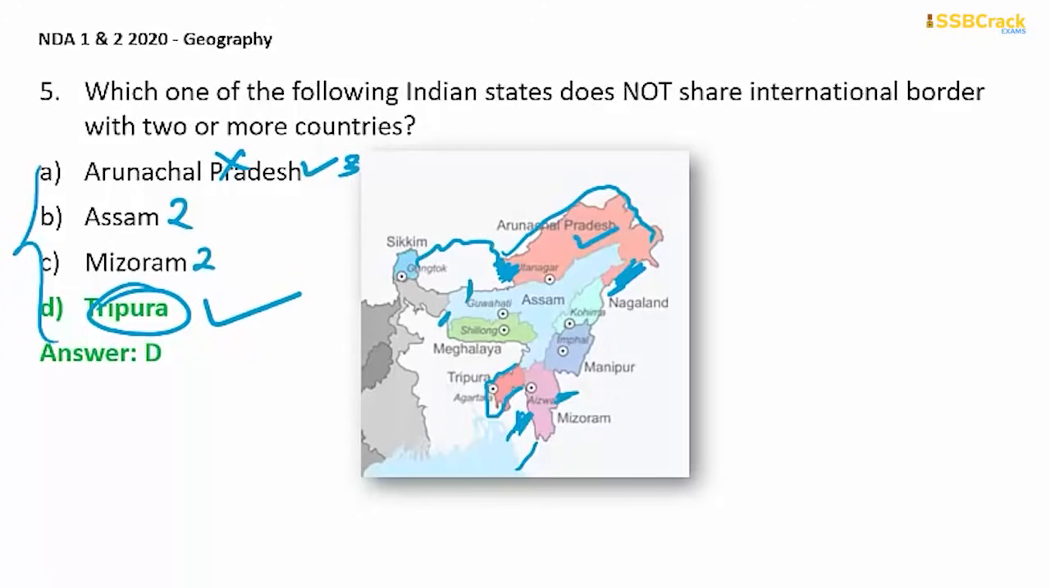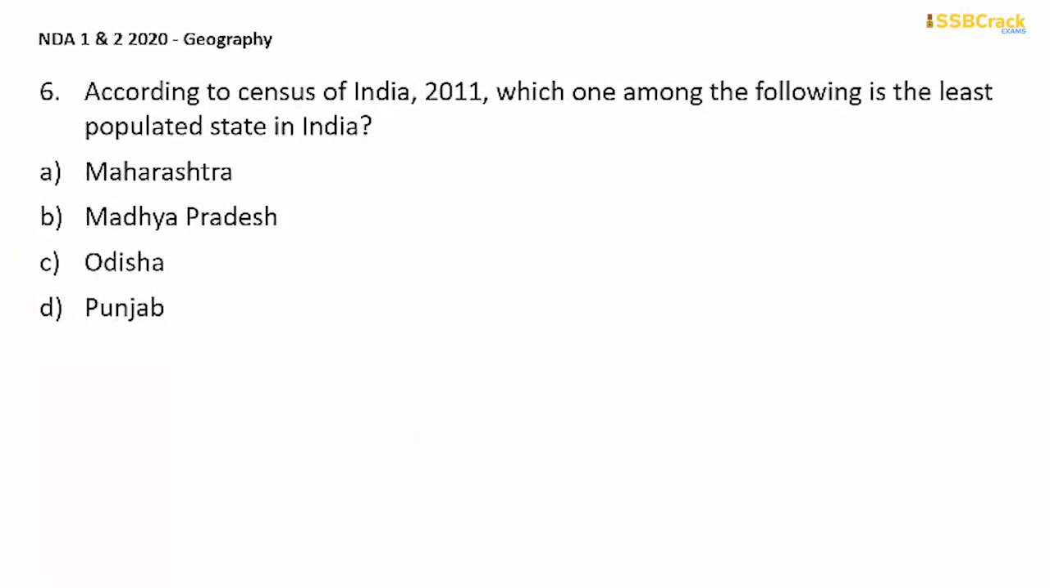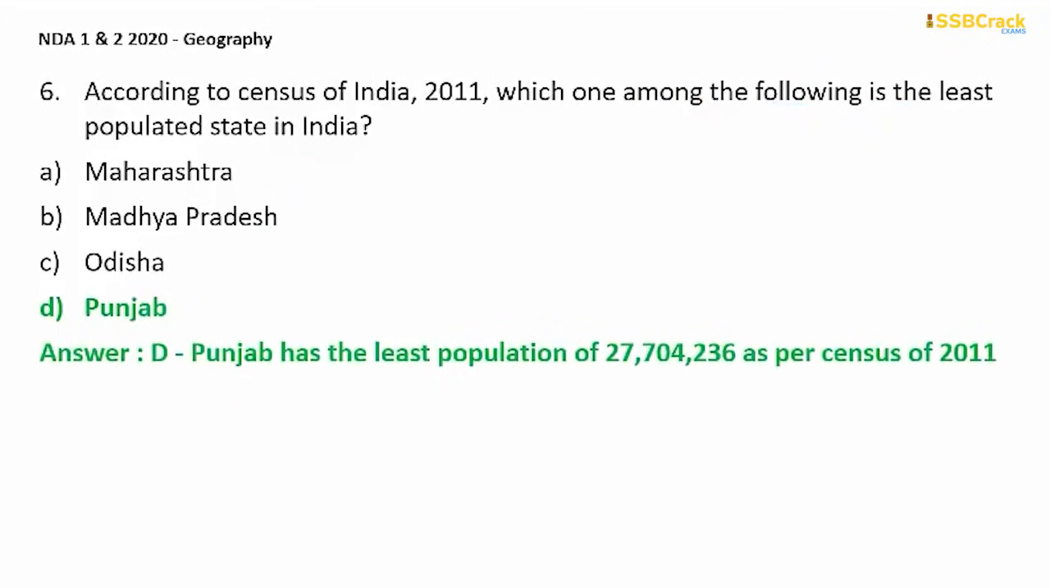Now let's move on to the next question. According to the Census of India 2011, which among the following is the least populated state in India? And you have been given 4 states: Maharashtra, Madhya Pradesh, Odisha, and Punjab. Now see, this is a completely factual question based upon the Census of India 2011. Even after 9 years, since it is the latest census that our country has,